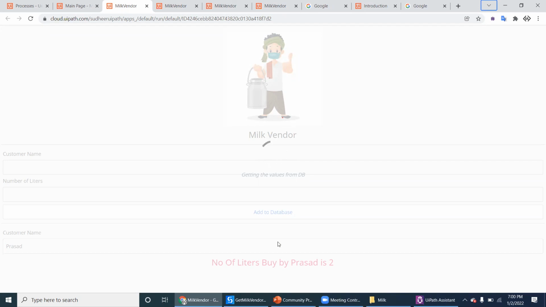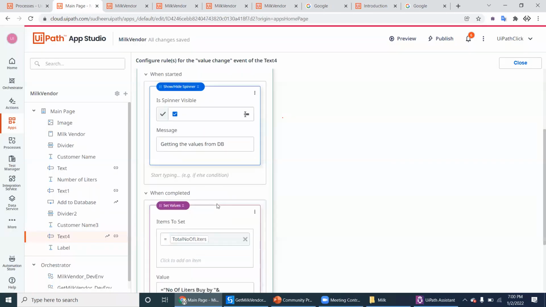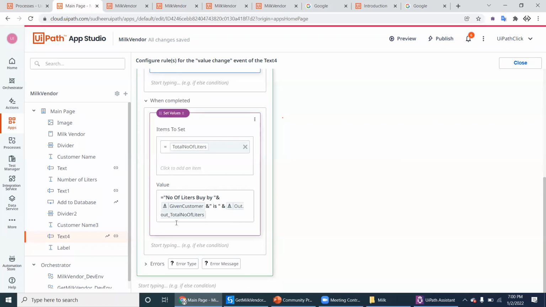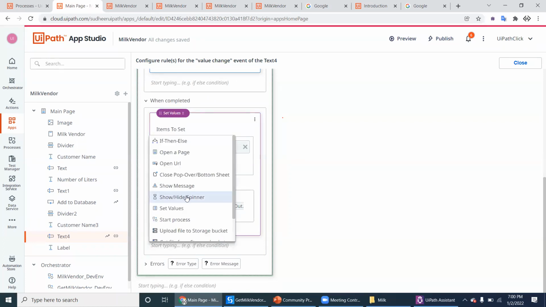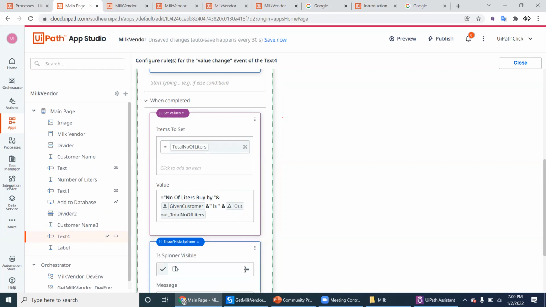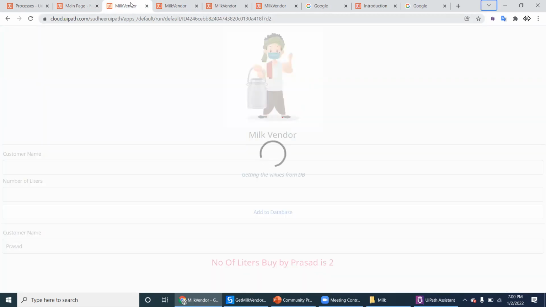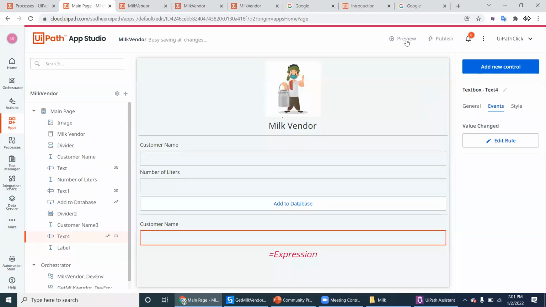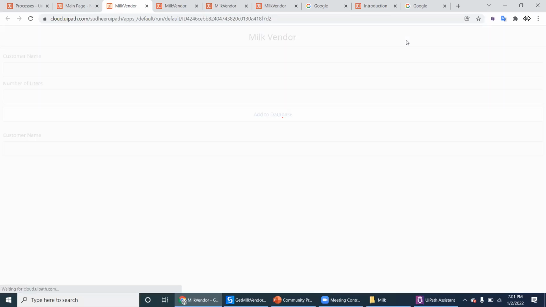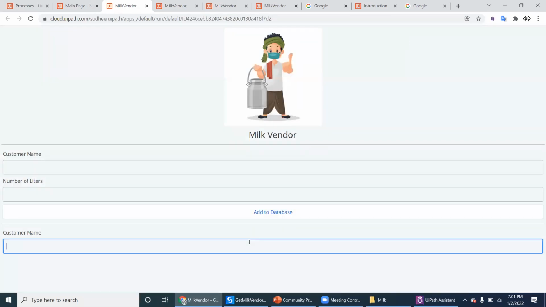And if we okay, so what happens? See, it is rotating. So we have to stop that. When it is completed, the next step we have to do is spinning disable, so that it will disable. Otherwise, even though the process is completed, it is still loading. So the milk vendor UiPath app is ready, and they can simply feed the information from the